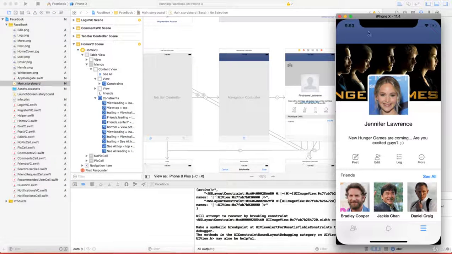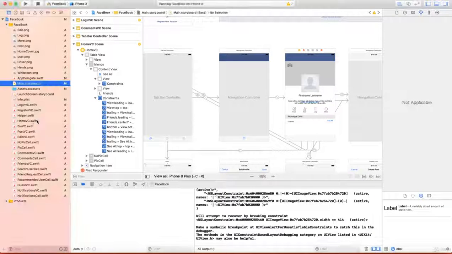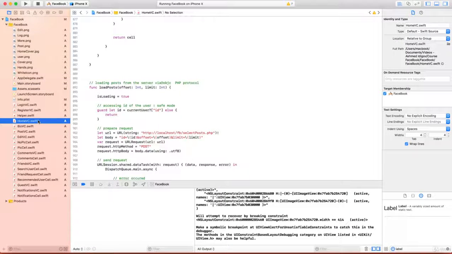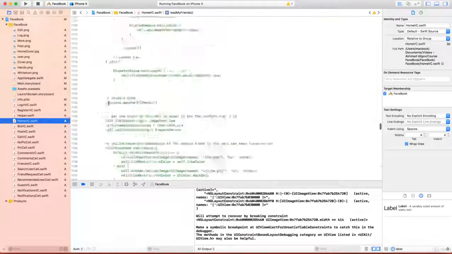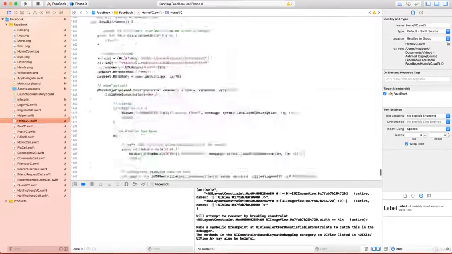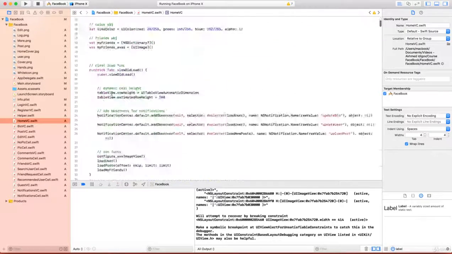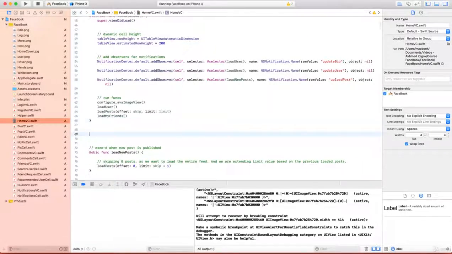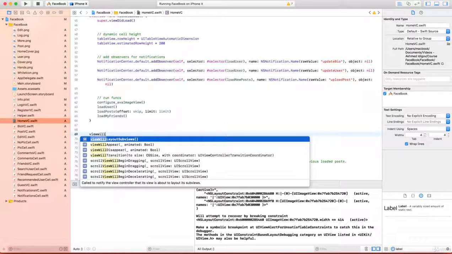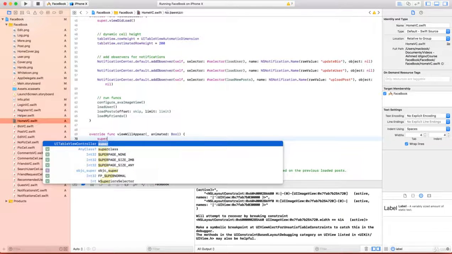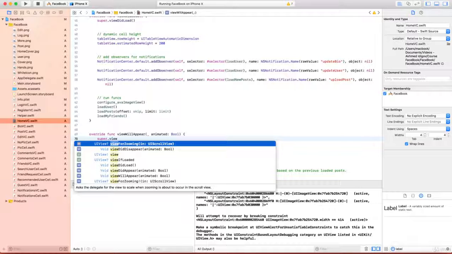Okay, now in order to hide the navigation bar on the home view controller, we're gonna go now to home VC. That is our home VC, and we're gonna write one function which is called view will appear. I'll write it right after view did load. So that is our view did load, and I'm gonna write here one function which is view will appear, and super dot view will appear